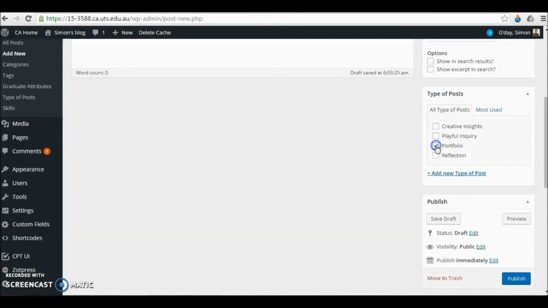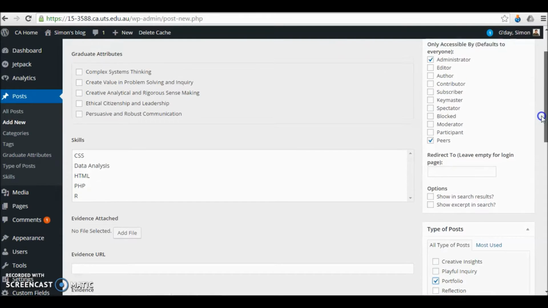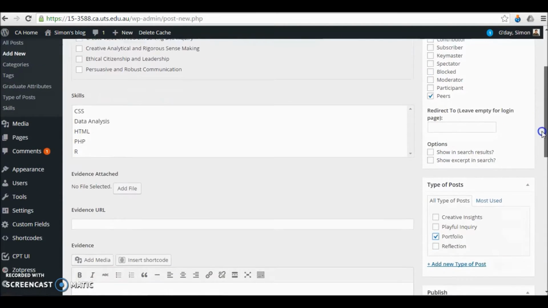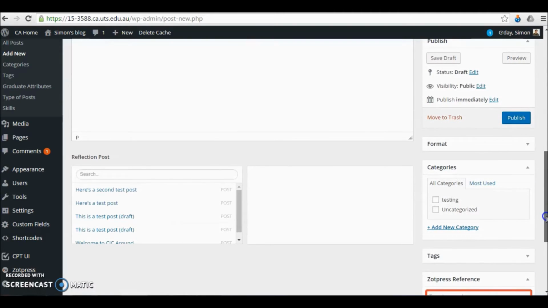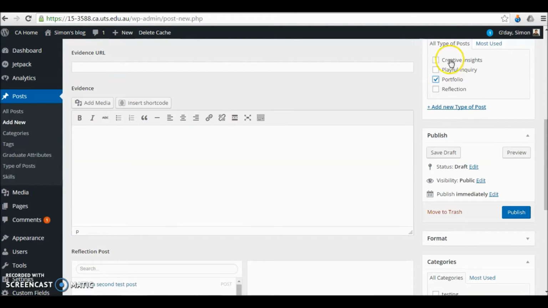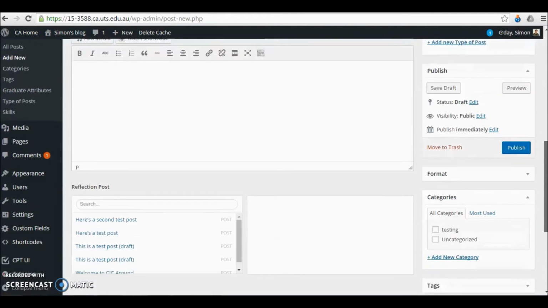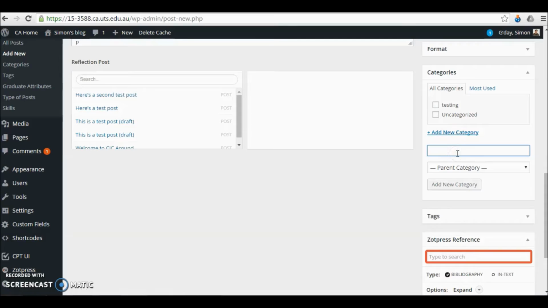We've also added some options here in type of posts, so that when you say that a post is to go into your portfolio, some fields pop up to help you to structure that. You can also see that there's a categories option here, and you can add categories to your posts, and I would encourage you to keep posts categorized as much as possible. So here I'm adding R as a category because that's my main language.